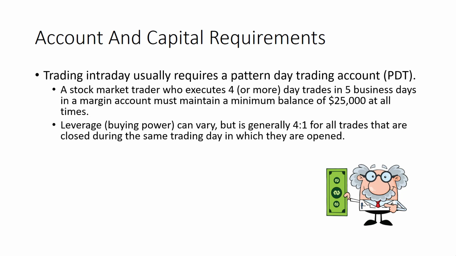Now remember earlier I said really $30,000 was the minimum, and if you look at these numbers, you should put together pretty quickly why that's the case. Because if the minimum balance is $25,000 and you're working with your 4 to 1 leverage, and you get into a trade, and then you get into another trade, and let's say you do 5 trades over the course of the day. And on each of those trades, you neither made nor lost money. What happens at the end of the day? Do you still have the $25,000 or do you have less?